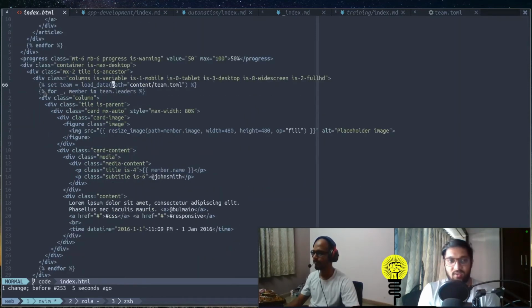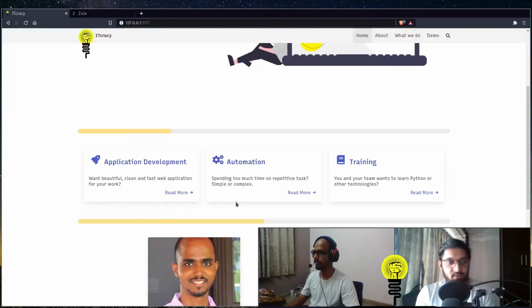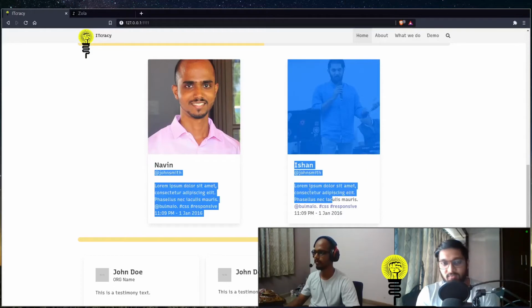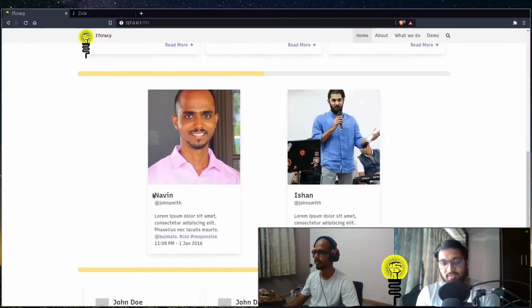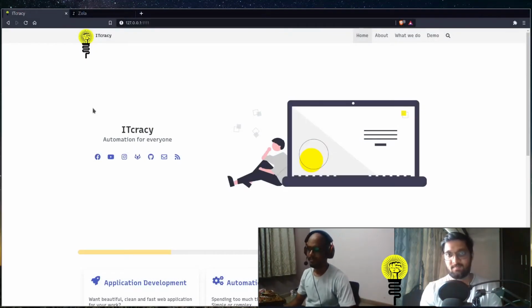And here we have again used a for loop and looped over our team members, because we didn't want to manually write different divs for the same design but different text. So we looped through the teams data, and we have added these two cards. These cards are again added by using a for loop. So these are different ways through which you can get your data inside any page, get the data from anywhere, and then use for loops, ifs, etc. in your code.